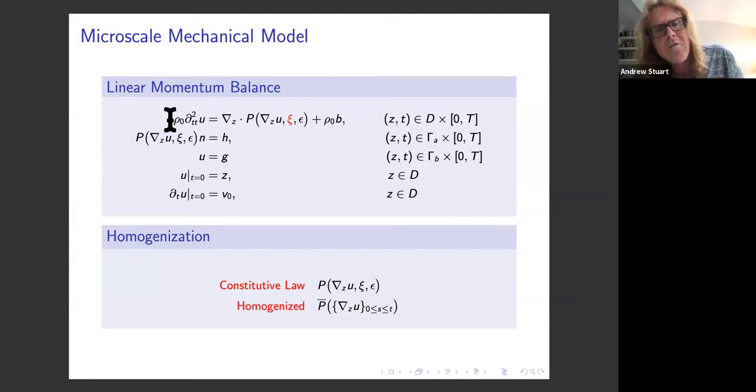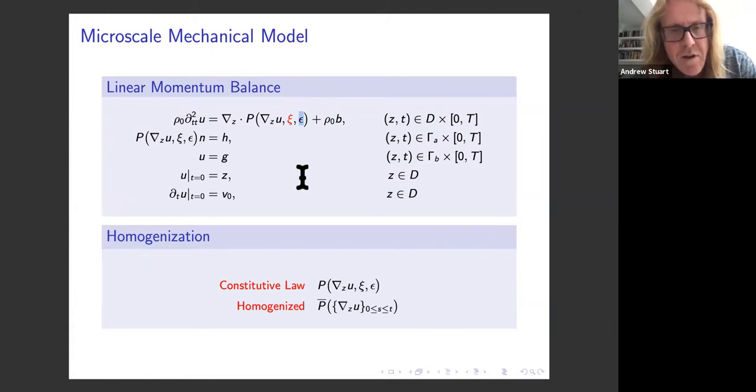Plasticity takes the following form. So you have something here that looks like a damped wave equation, nonlinear wave equation for a variable u, but it depends on something called psi. These are known as internal variables, which themselves evolve according to a dynamical system that I'm not showing to you here. This is a microscale material that has slowly varying properties at the small scale with scale epsilon.